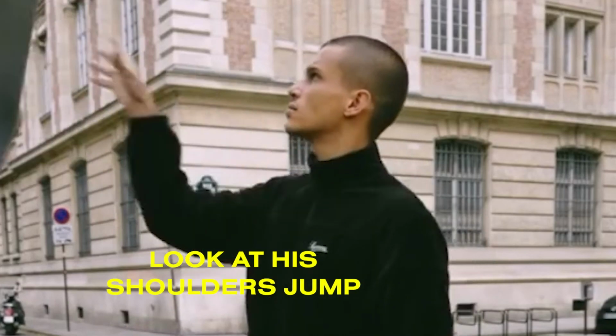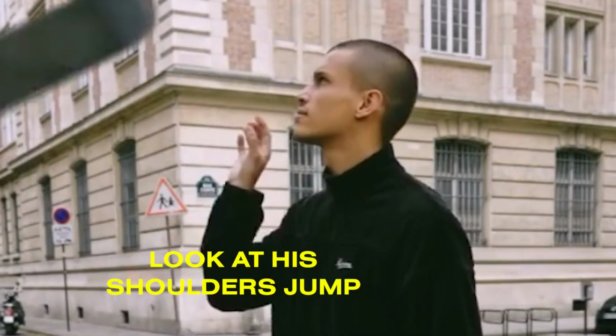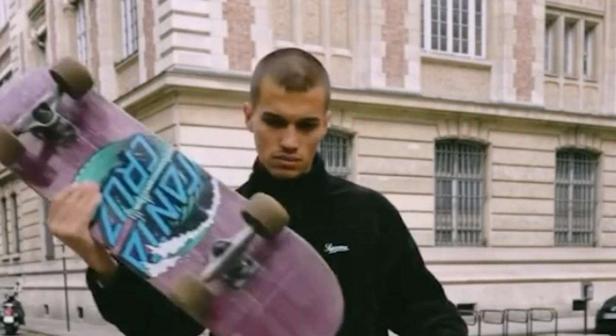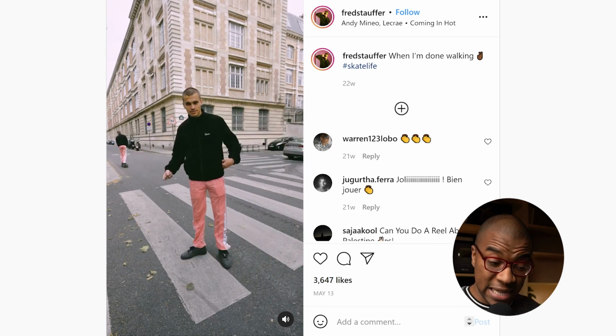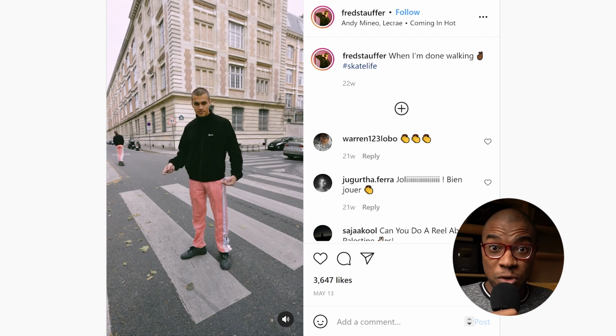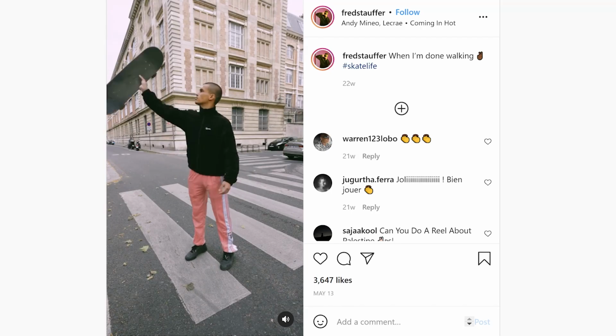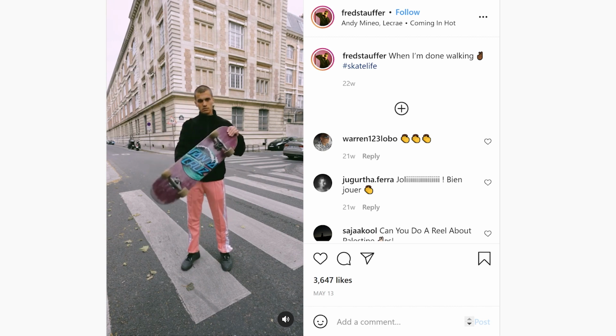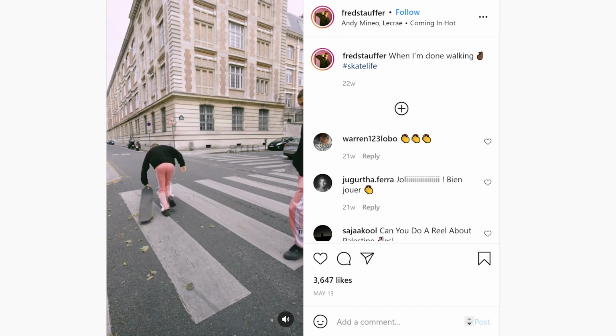I'm looking and I don't see anything really on his feet changing that much, but then when I go up his legs and then I see his shoulders and then his arm, I see a jump cut. What I think he does is he actually walks into the scene with the skateboard and then he freezes. He doesn't move. He locks his feet into place, so his feet don't really move. And then I believe he just drops the little skateboard. And then he has his friend on the side throw the big skateboard and then they say action, and then he moves really quick, catches the big skateboard, and then he drops the skateboard on the ground